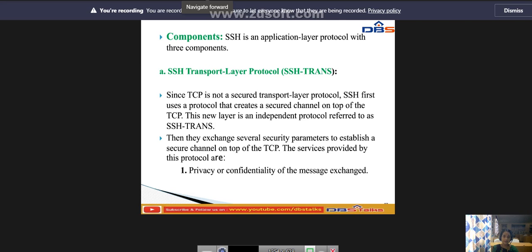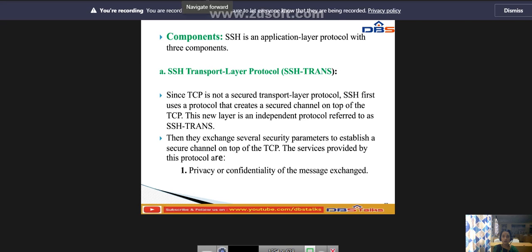Secure shell is an application layer protocol with 3 components: the SSH transport layer protocol, the SSH authentication protocol, and the SSH connection protocol. These are the 3 components we have.